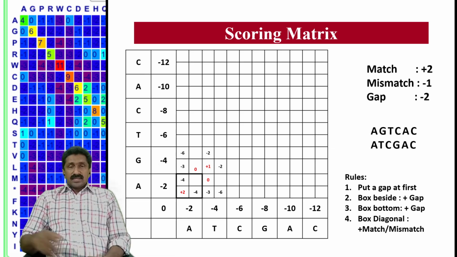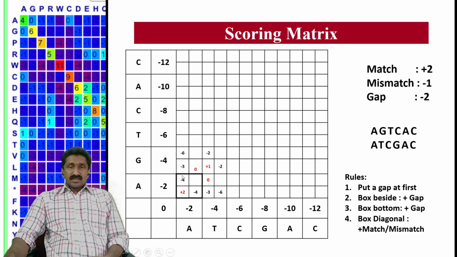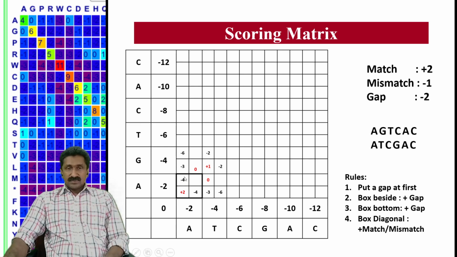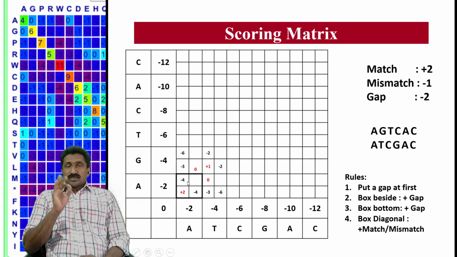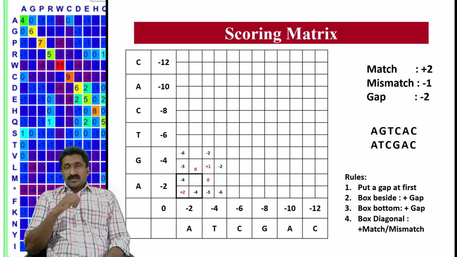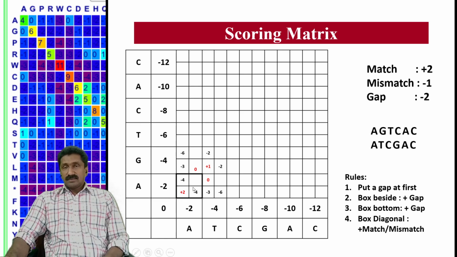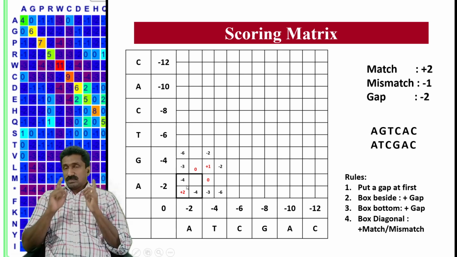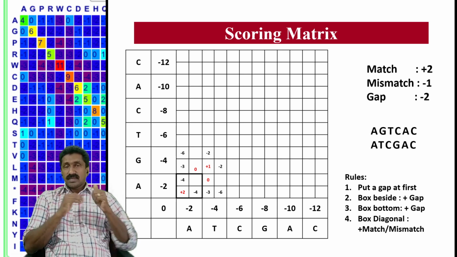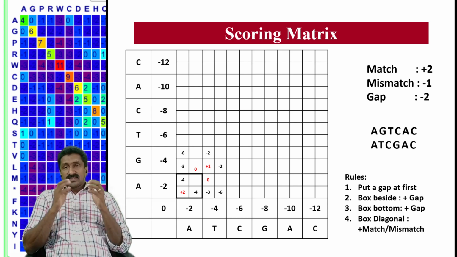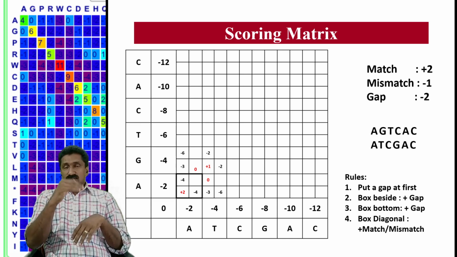So now in this slide, say we are calculating the score value of this particular cell, the first cell mentioned here. There are 3 possibilities for that cell to acquire a value. The first possibility is that it can move diagonally. Diagonal possibility means that it should be a match or mismatch. In case of a match or mismatch, you will move diagonally. In case of a gap, you can move horizontally or vertically.